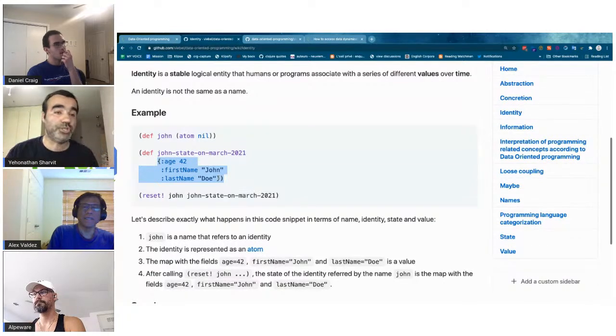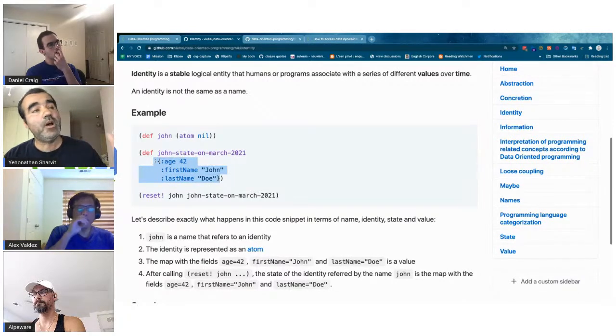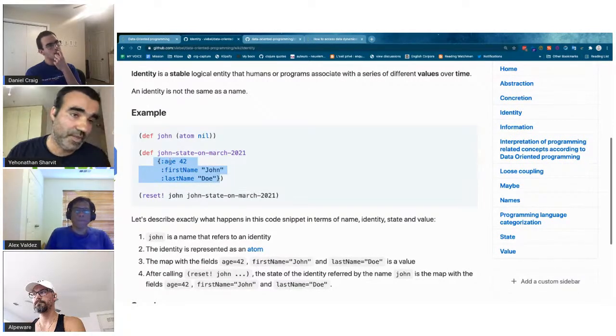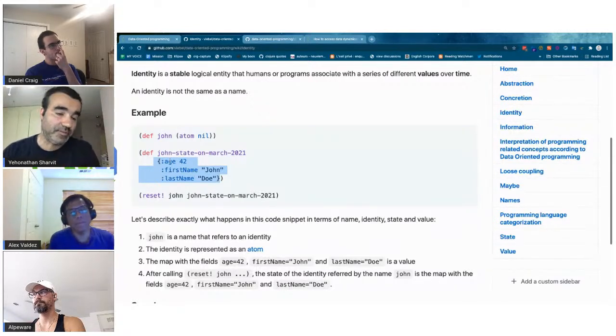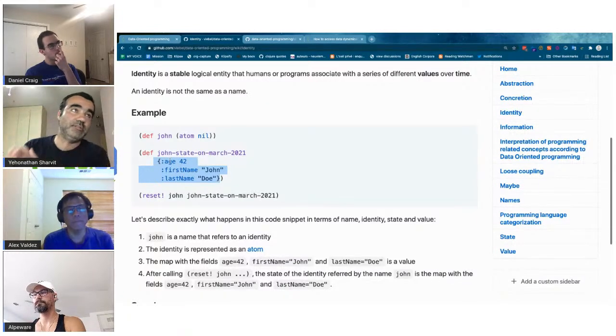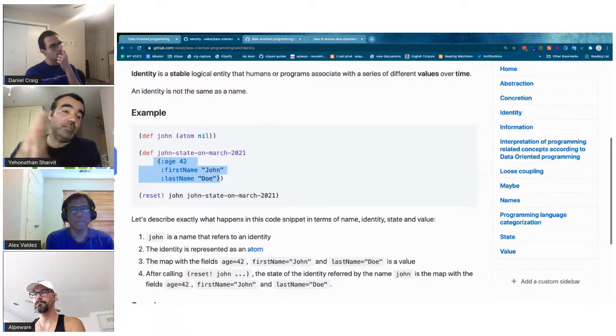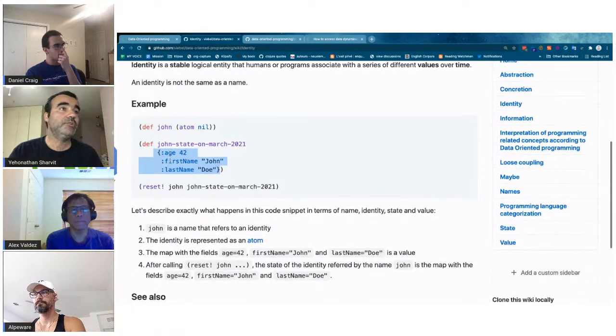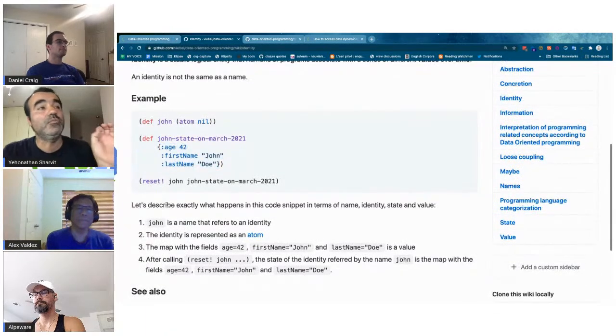Values cannot change. There is no logical way in the world that I could say, in this map, the age is now 43. Even if a year has elapsed, it's not that in this map the age is now 43; it's that there is another map where the value of age is 43. So let me describe as precisely as I can what happened in those lines of code.